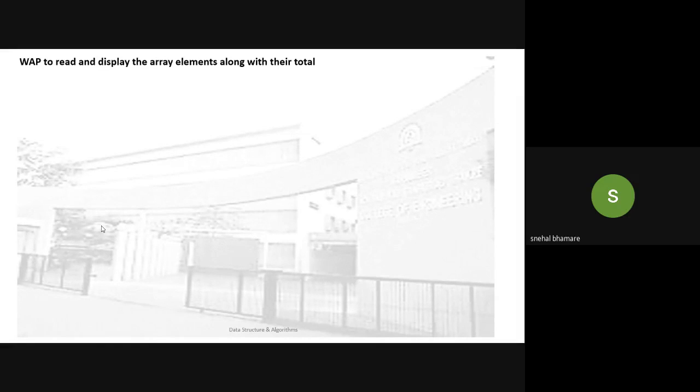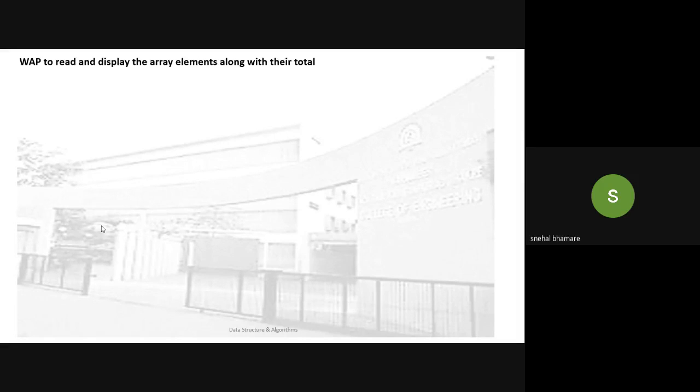their total. The problem statement, the previous problems that we have studied, in that what we used to do, array was defined in the program itself, elements were written in the program itself, right? That was a static array, reading of the static array. We have to write a generalized program, that means depending upon the user how many numbers he wants to enter into the array, it will be decided on the user's input. Okay, so we have to read those elements, and at the same time we have to display those elements along with the addition of their numbers in the array.